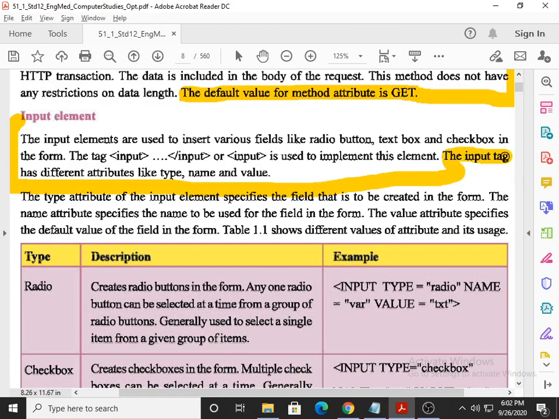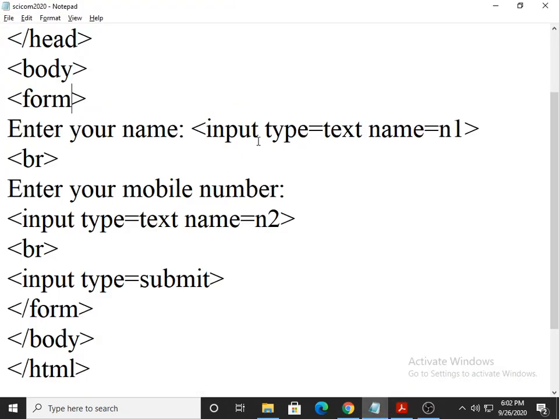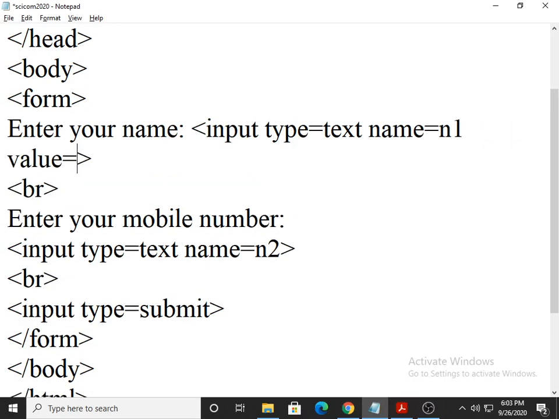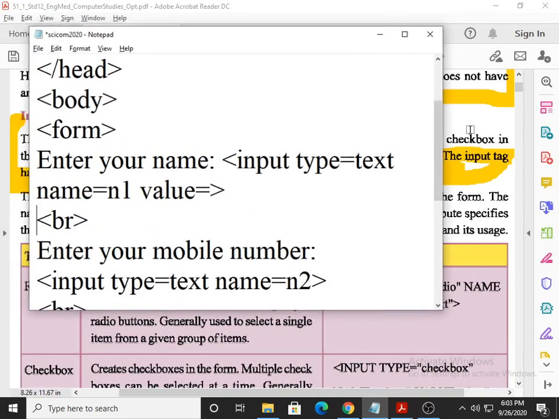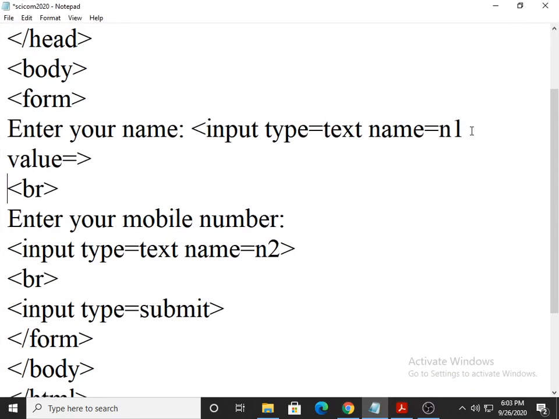The input tag has different attributes: type, name and value. Now the value attribute is very dangerous. Why do I say dangerous?